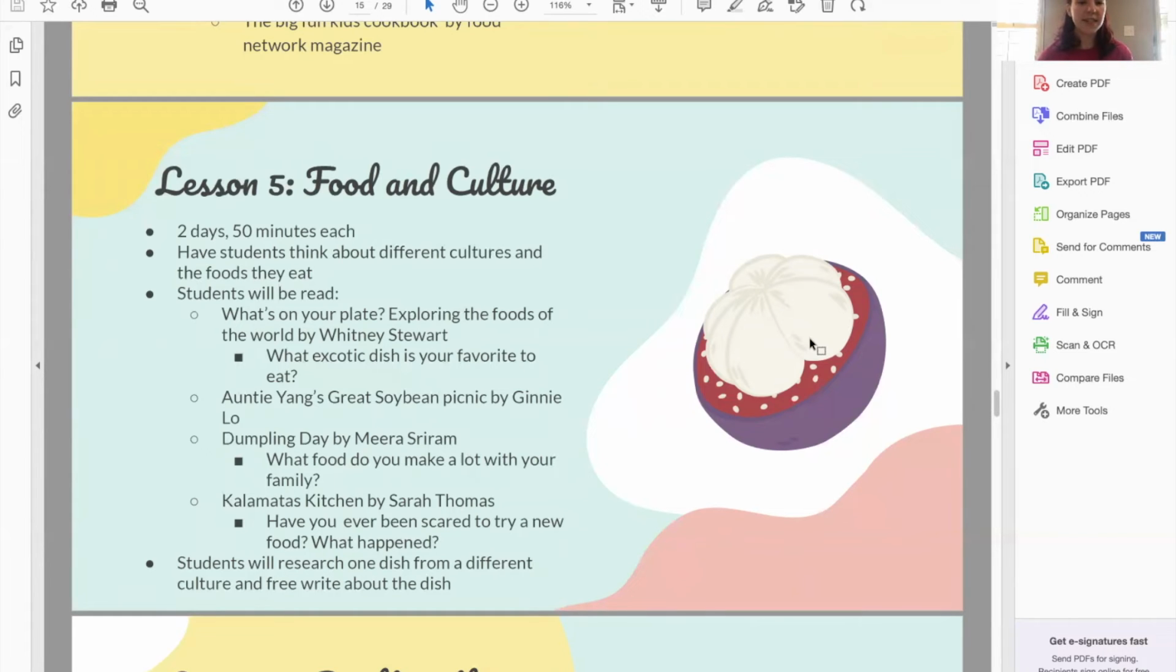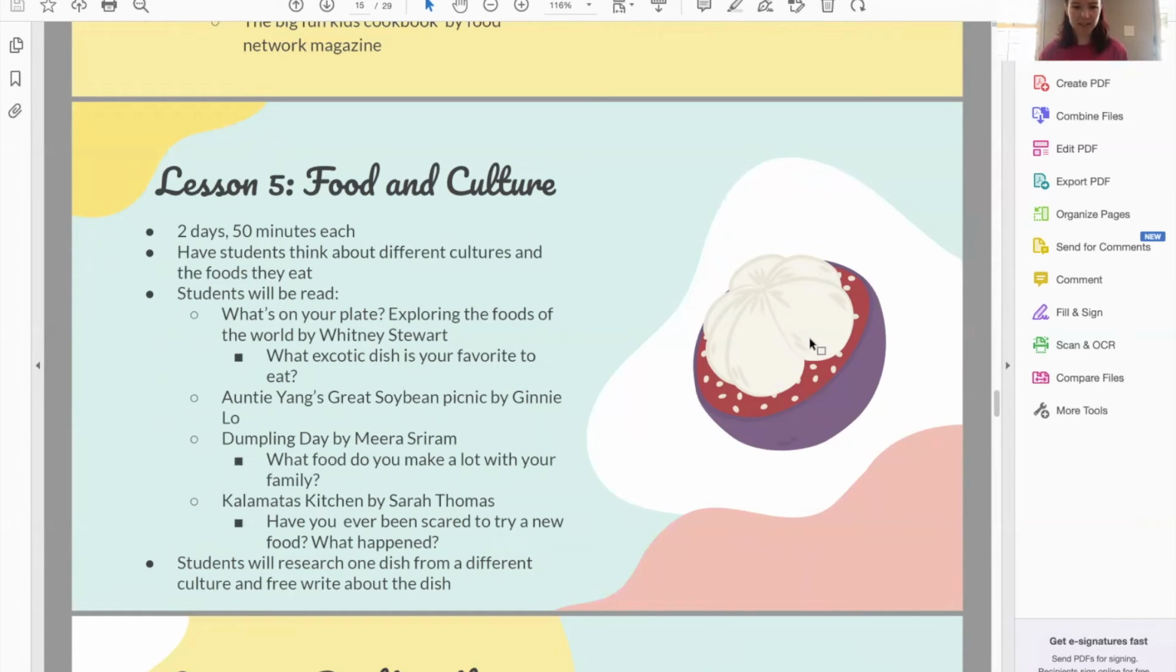Then we have Auntie Yang's Great Soybean Picnic by Ginnie Lo, and Dumpling Day by Meera Sriram. And then after those 2 books, you talk about what food do you make a lot with your family? What is a food that you guys bond together with? So it's just to get the discussion going on how food brings people together. And then last we have